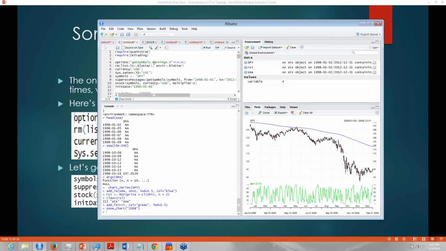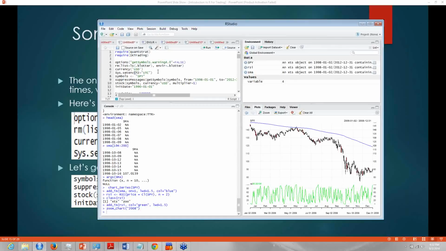So here's the boilerplate. First, we want to remove warnings, which, as you saw, when I got the original SPY data, you had some words in red come up saying whatever. I forget what it says because it's not a warning you should ever be afraid of. It's simply, hey, you're doing this for the first time in this session, blah, blah, blah. I'm going to clear the blotter environment. I'm going to have to define a currency and an environmental time, which will be UTC. That is a technical detail